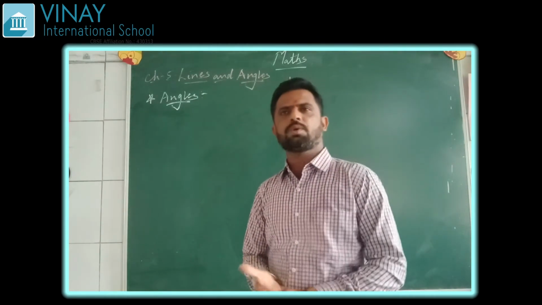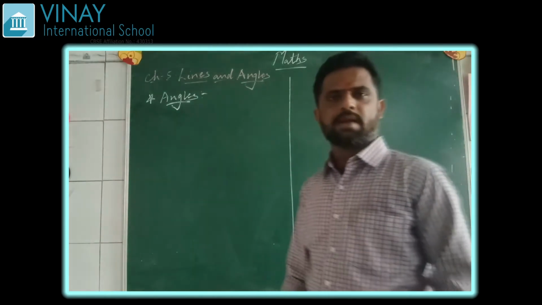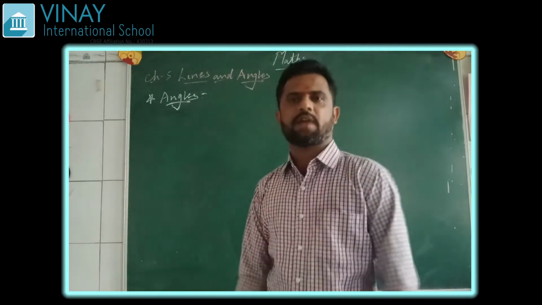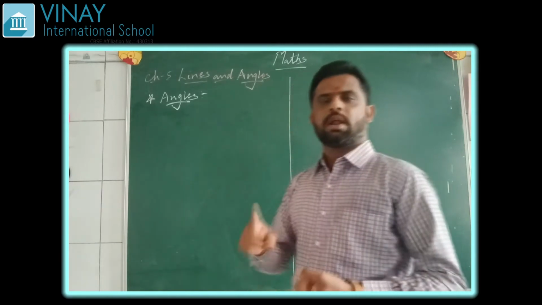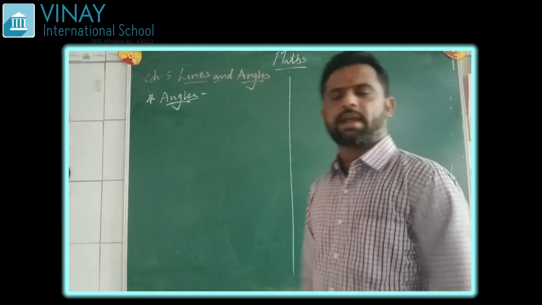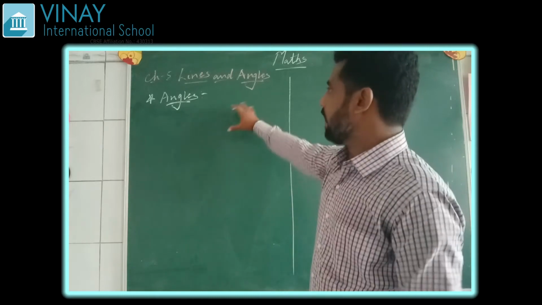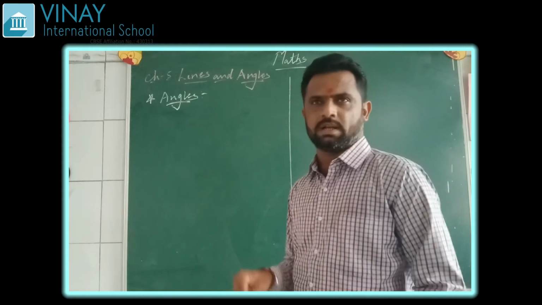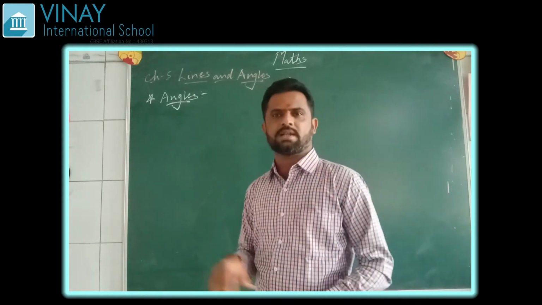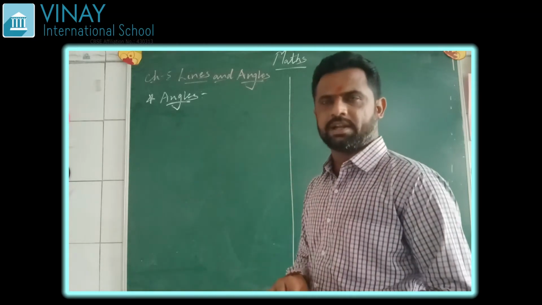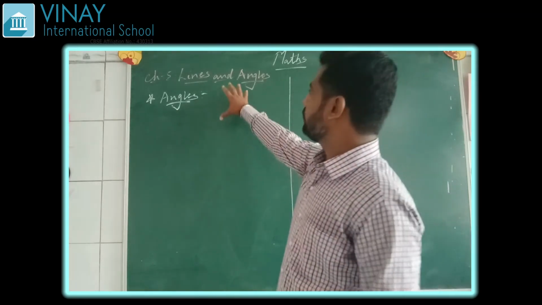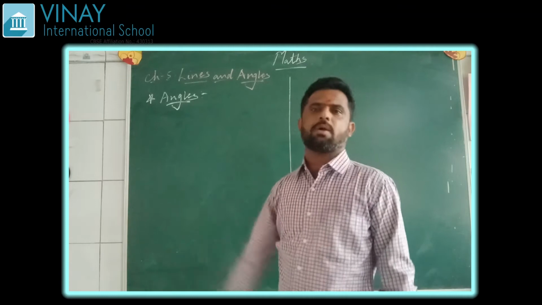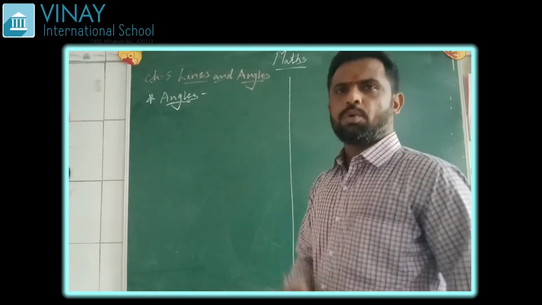In 6th standard you had studied about line segment, ray, angle and all. You had studied about different types of angles like acute angle, right angle, obtuse angle, straight angle, reflex angle. Till now what we had studied was a single angle, for example, acute angle. The definition of acute angle is the angle whose measure is less than 90 degrees. Now here what we are going to study is pairs of angles, that is, two angles.